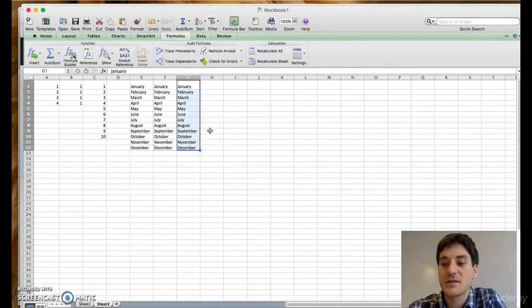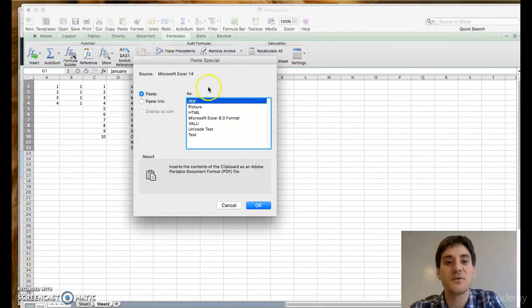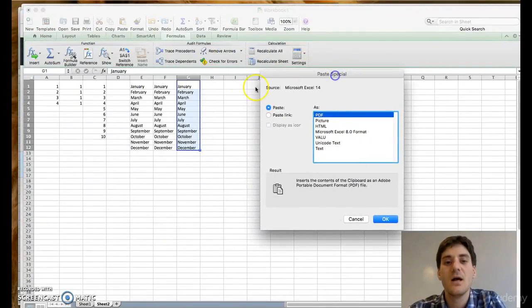Let's do the paste special. Now, what we've been doing right now is pasting. We haven't been paste specialing. To paste special, and I'll show you what this looks like, if I right click and I say paste special, it will give me a variety of options. It will ask me, do I want to paste these as a picture, as a PDF, as a value, as